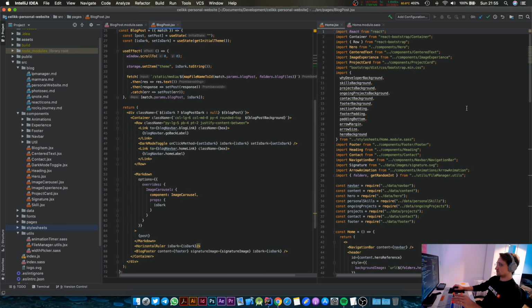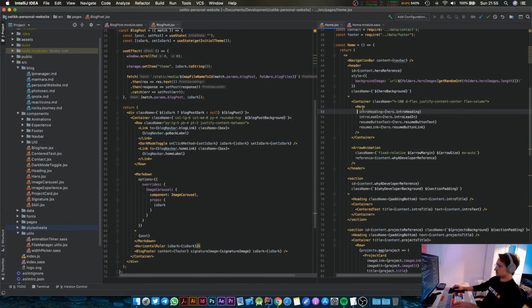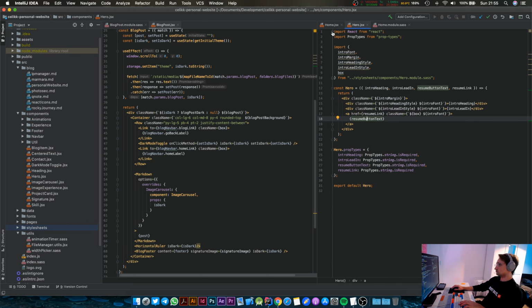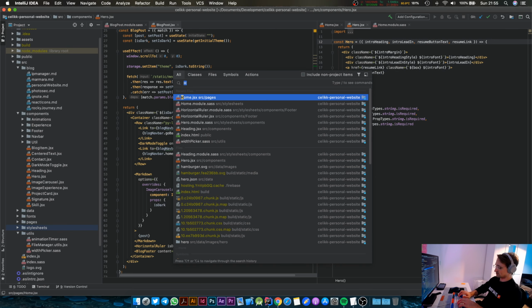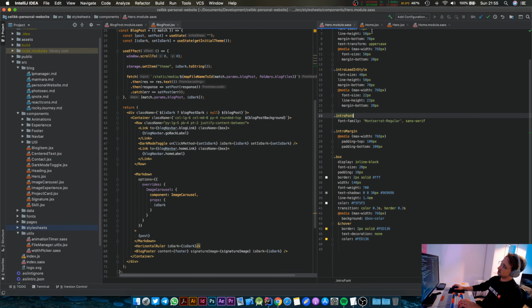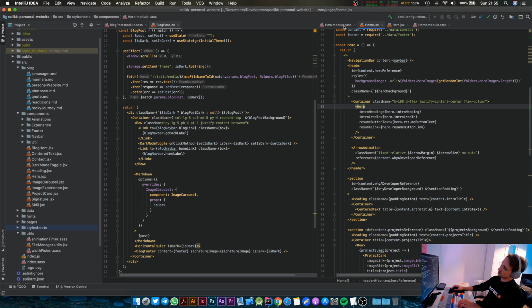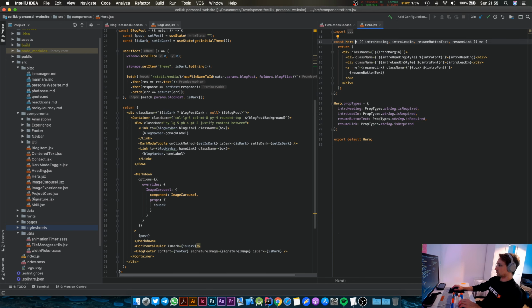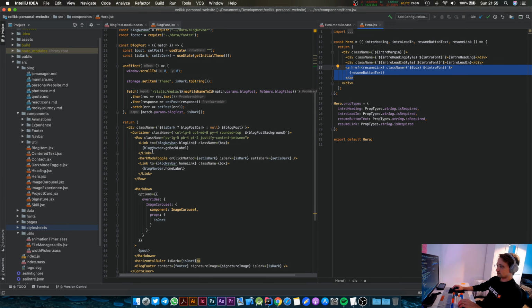So how do we use these things in the components? We use this in the hero area, right? And this does have a SASS file. It's not in the home module, it's not in the home component, it's in the hero component. So we can close these two. So it's used in here, right? I hope so. Yes. So it's used in here as a link, and in here it's used as